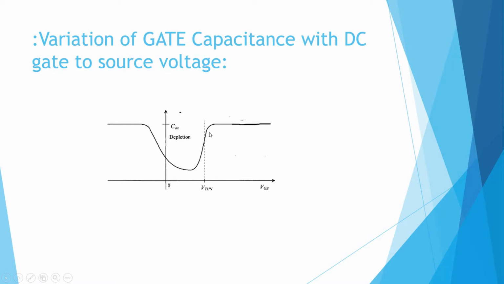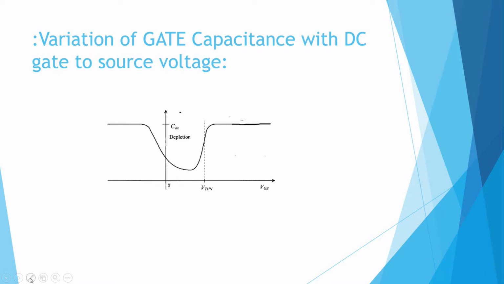Then after the threshold voltage, just below the insulator in the p-type substrate, there will be an accumulation of free electrons, due to the positive potential we are applying at the gate. Again they form another capacitor, and as the distance between the two plates of the capacitor decreases, the capacitance value increases and reaches the previous value. So this is how the gate capacitance varies with respect to DC gate to source voltage when source and drain are both grounded. We already learned this concept in our previous video.